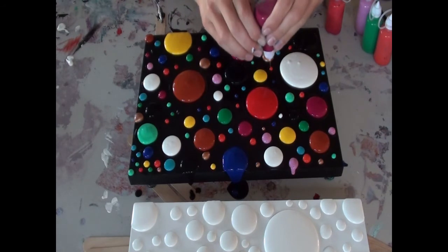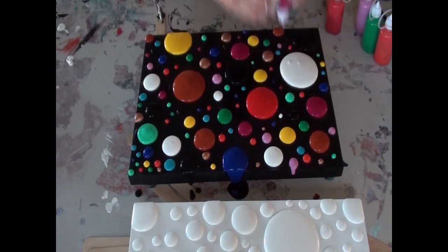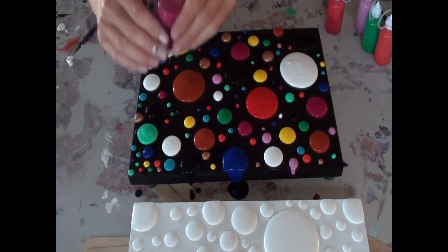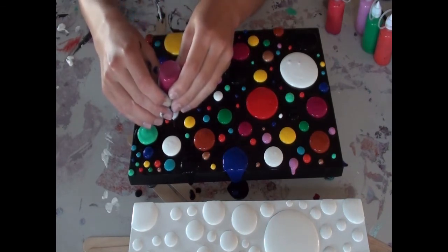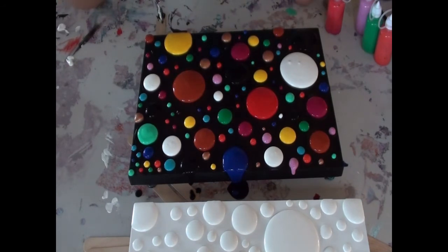Okie dokie, let's do a little one here. And you don't have to fill up all the spaces on the first one, because maybe you'll come back and see something you didn't see before and go, oh, hey, I want to fix that. I want to do that one here because there's too much of one color over here. So you don't have to fill everything on the first round, but I would suggest filling most of it, because